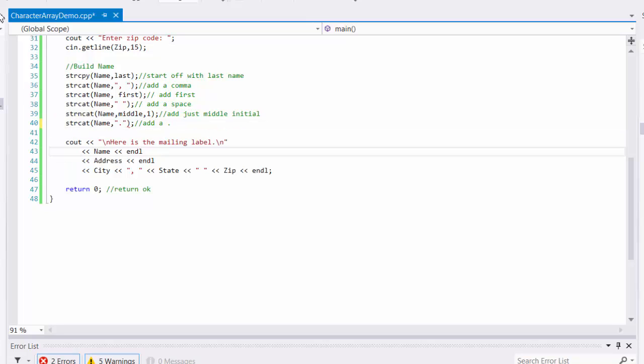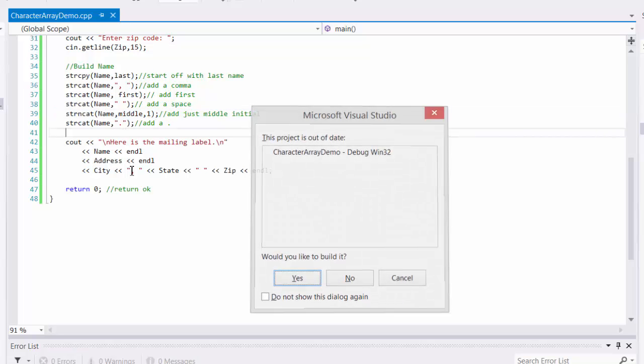So let's try that. So the difference between string cat and str cat. Notice if you put string cat and just put a 1, it doesn't work. We have to have the n. It's a different function. So if I run this,